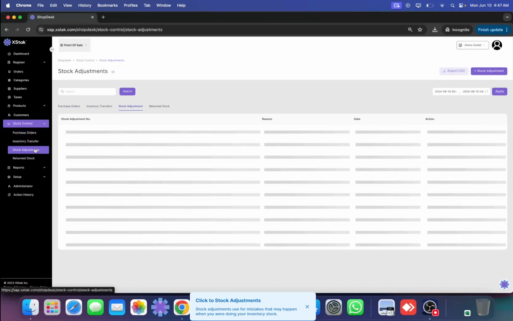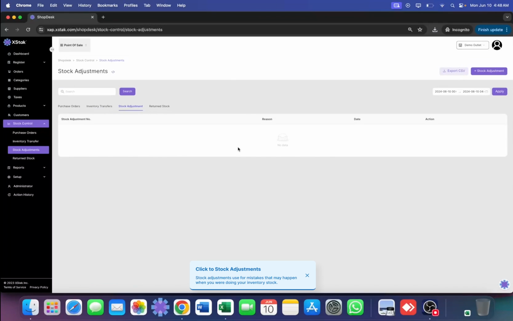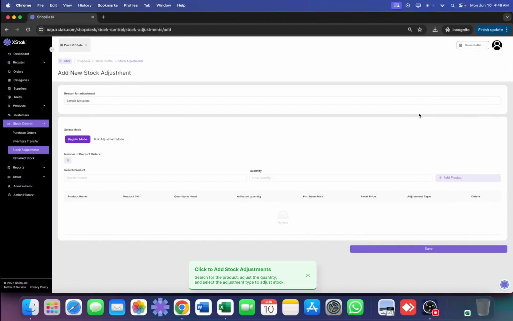Stock adjustments. Stock adjustments are used for mistakes that may happen when you are doing your inventory stock. For example, if you received some stock, then you miscounted it and you want to adjust the stock levels in the system, you can do it through our stock adjustment module. This module consists of 3 separate transactions. One is to add product quantity, subtract product quantity, and then if you want to replace the quantity altogether,